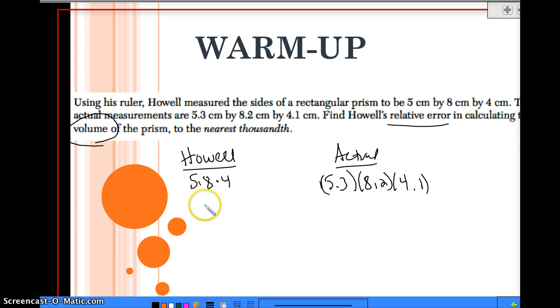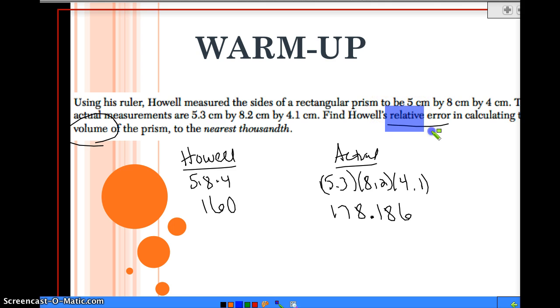Volume means to multiply it out, so it's 5 times 8 times 4. So Howell came up with a volume of 160 cubic centimeters, whereas the actual, if you multiply 5.3 times 8.2 times 4.1, you would come up with an actual of 178.186 cubic centimeters. If they want you to find the relative error, which we've done quite a few months ago,